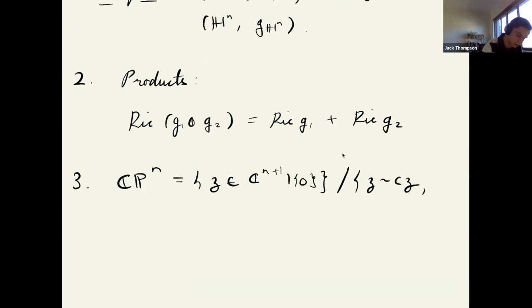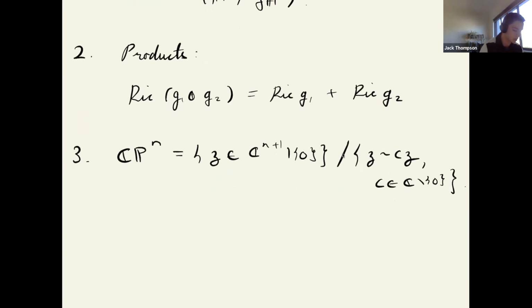So I'll just write it like this maybe. Now, you can calculate that this has Ricci curvature equal to